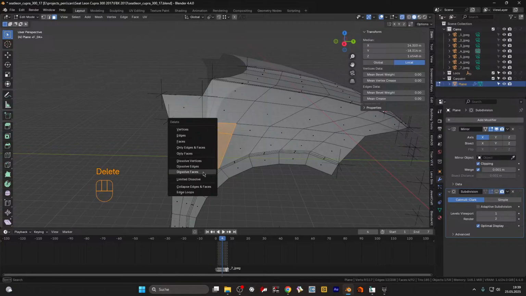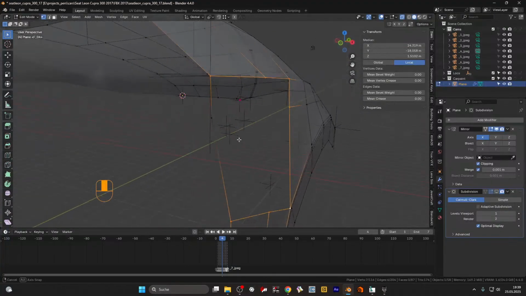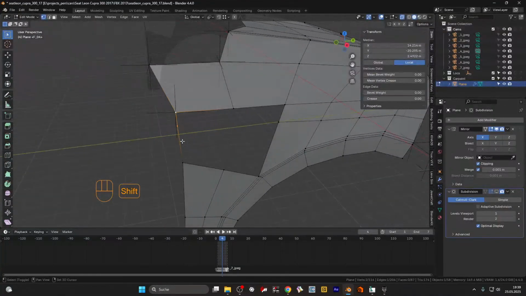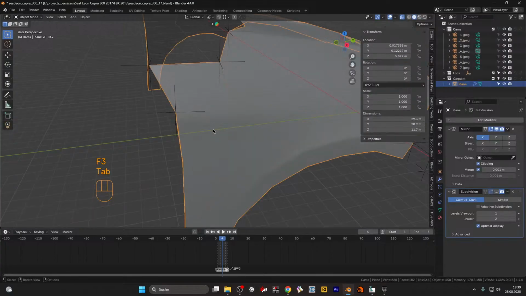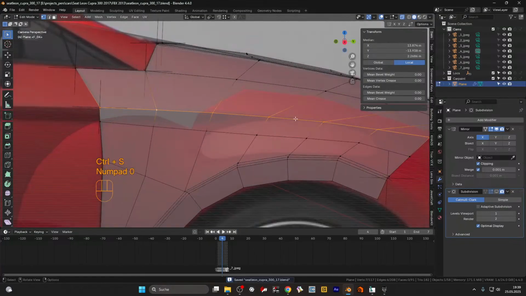Only faces. And the grid fill. Now it works. Don't know what went wrong there, but